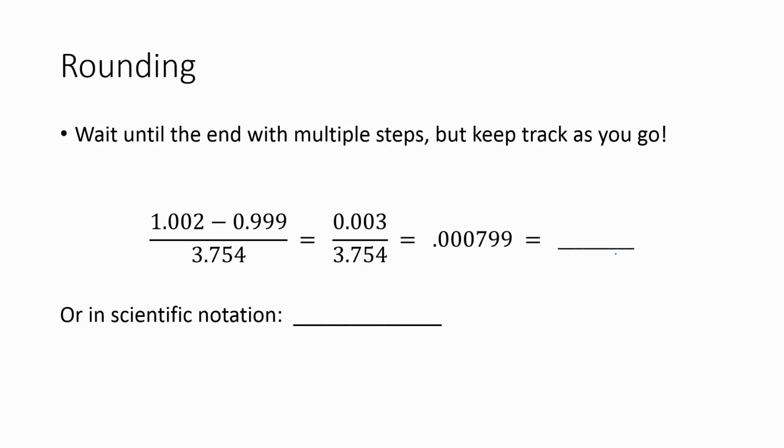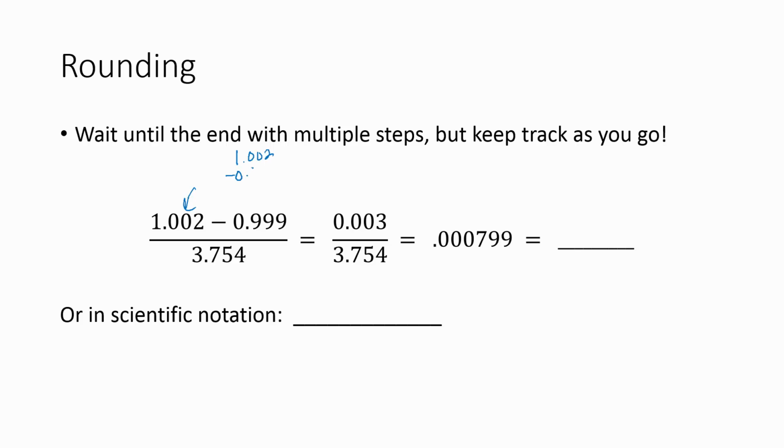If we have order of operations, we have to keep track as we go. We don't want to round early, because if we round early, we're going to end up with a different answer. So we always wait till the end to round. But all you do is keep track and follow the order of operations here. So you have this on the top of the fraction, so we're going to do the subtraction first. And we get 1.002